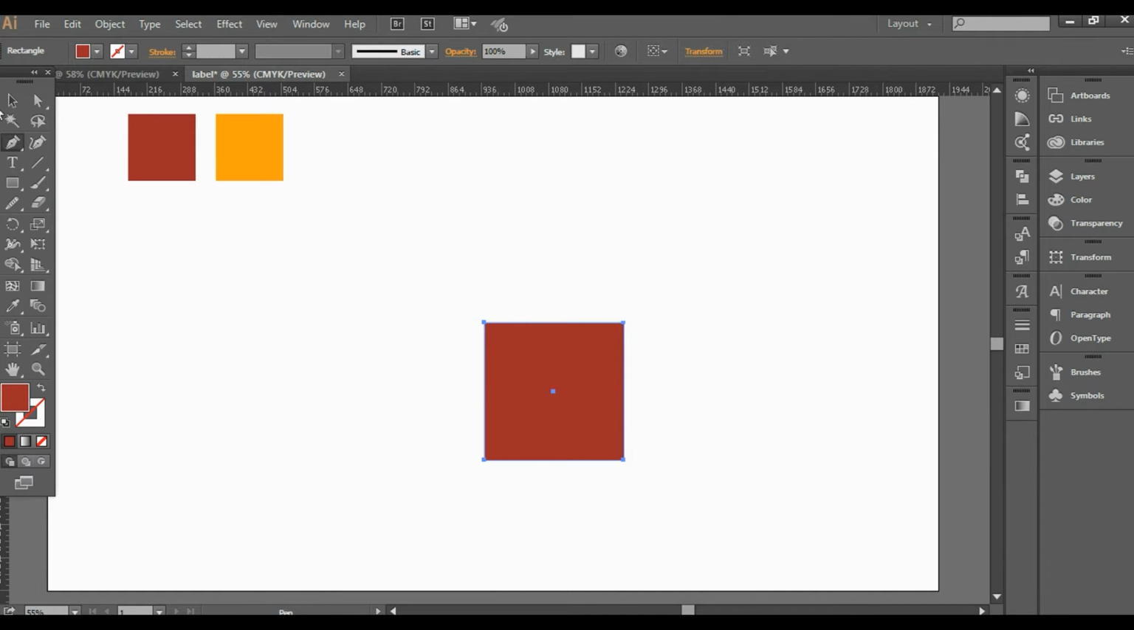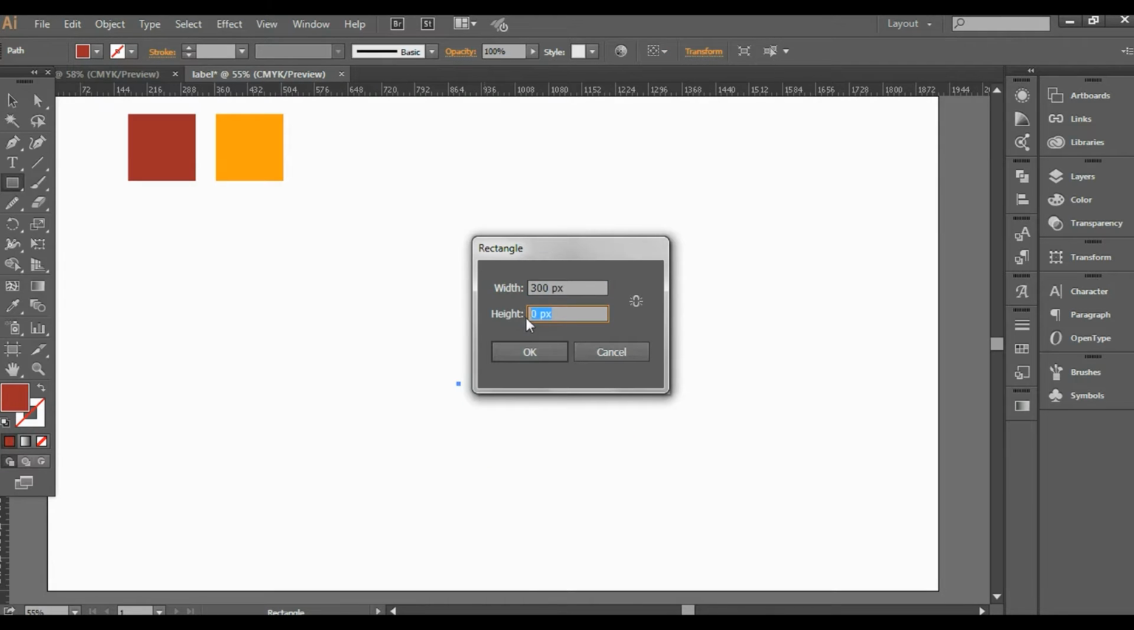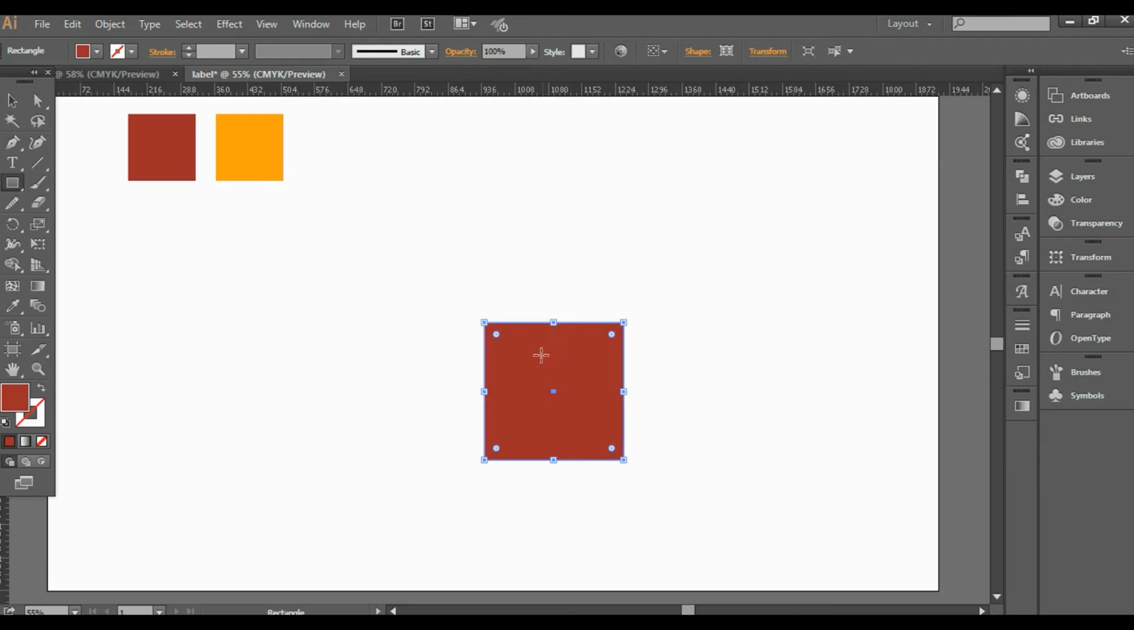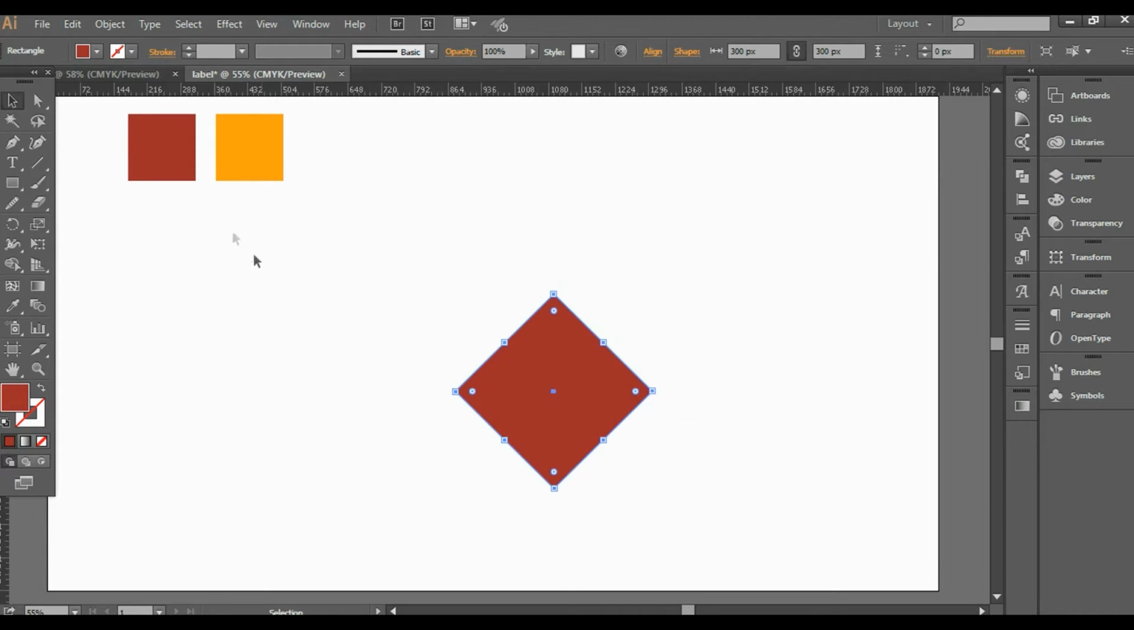So hit M on your keyboard and click on your screen. A box will come up. I'm going to be using 300 pixels in the width and 300 pixels in the height, a perfect square. Once you have that done, you want to select the pen tool. No, before you select the pen tool, rotate the rectangle, the square, 45 degrees, holding down the shift and then